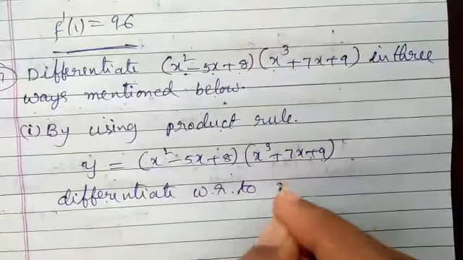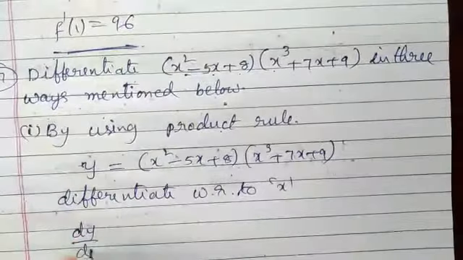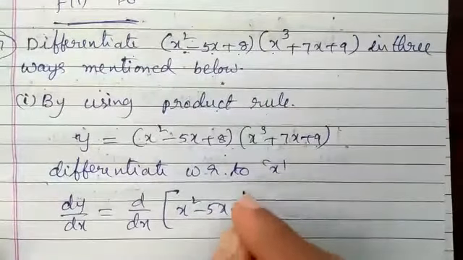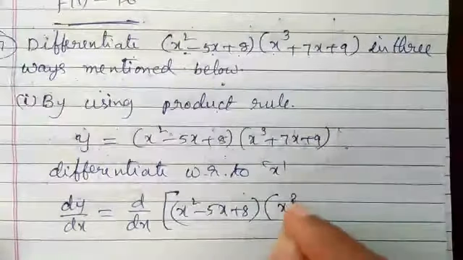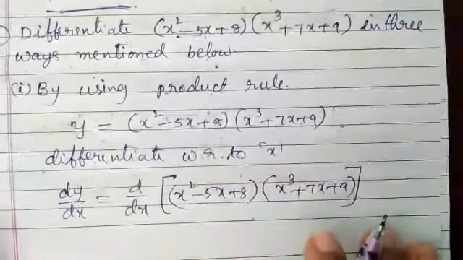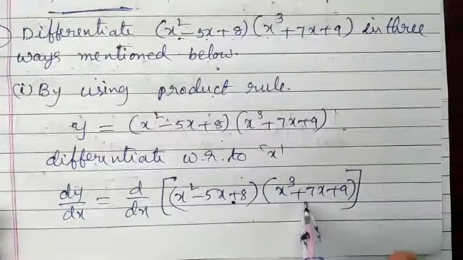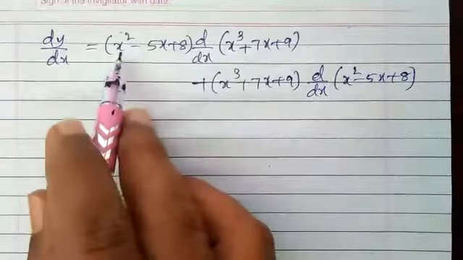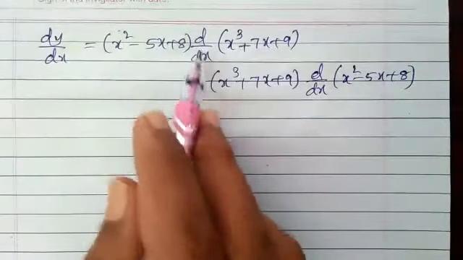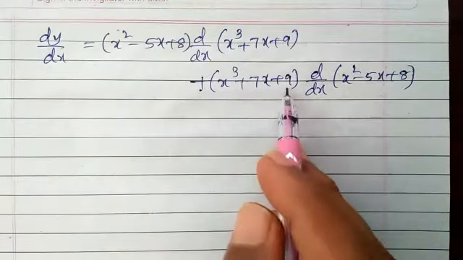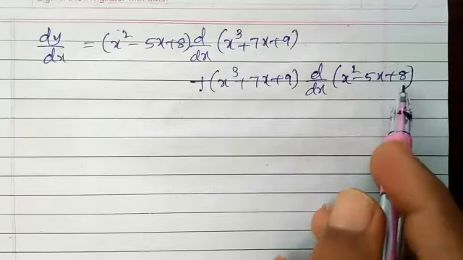with respect to x. dy by dx is equal to dy dx of x square minus 5x plus 8 into x cube plus 7x plus 9. This is f of x into g of x. Apply this product rule. dy by dx is equal to x square minus 5x plus 8 into dy by dx of x cube plus 7x plus 9 plus x cube plus 7x plus 9 into dy by dx of x square minus 5x plus 8,